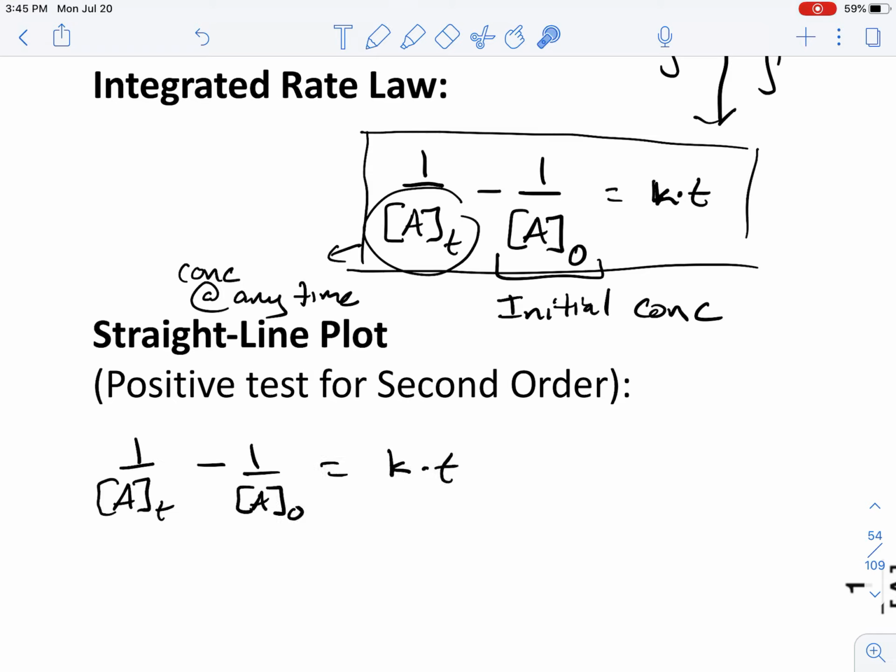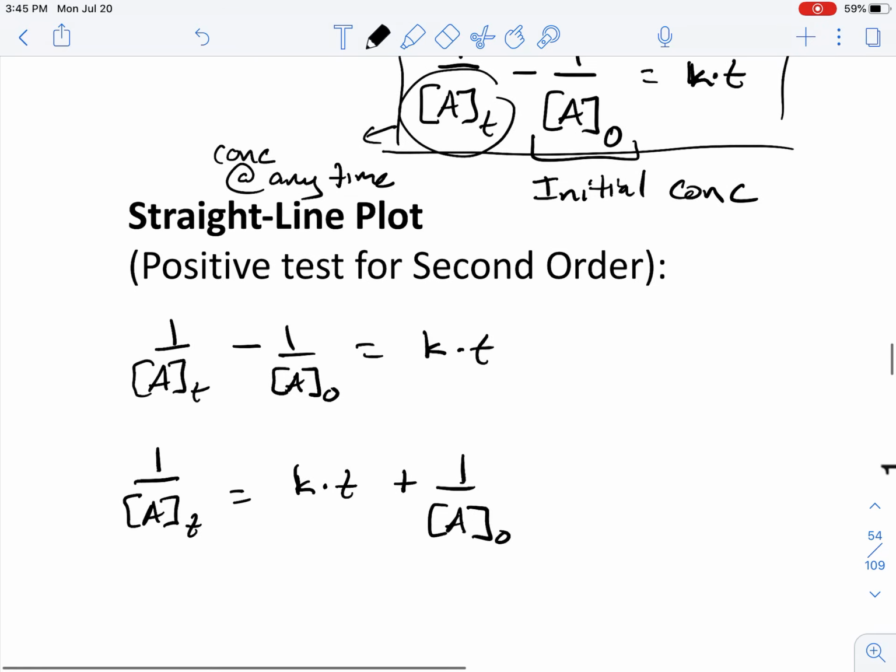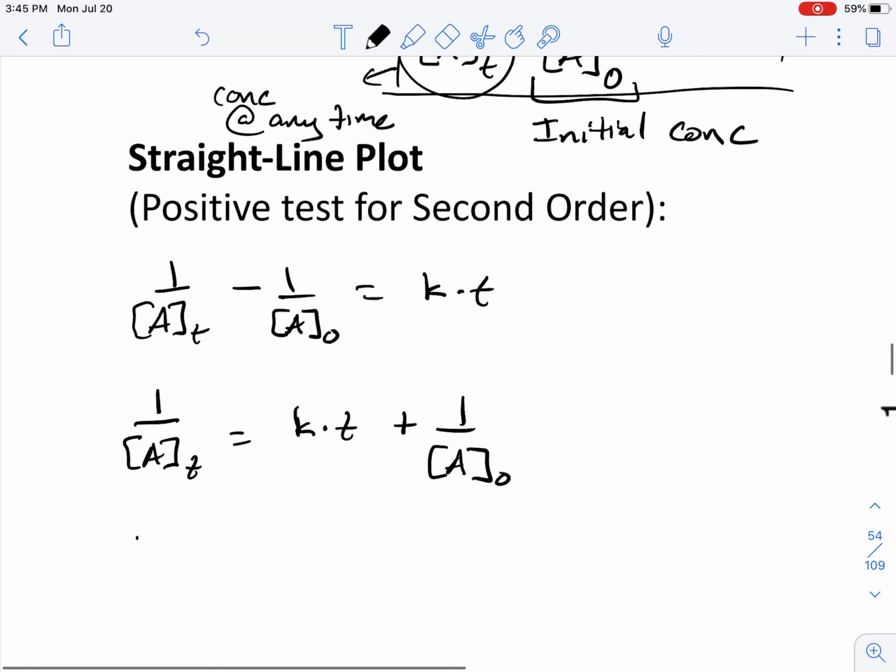Okay, so basically what I'm going to do is take this term and move it to the other side such that I get 1 over A sub t equals kt plus 1 over the initial concentration. And so if I were to overlap this resulting equation with the equation of a line, which is y equals mx plus b,